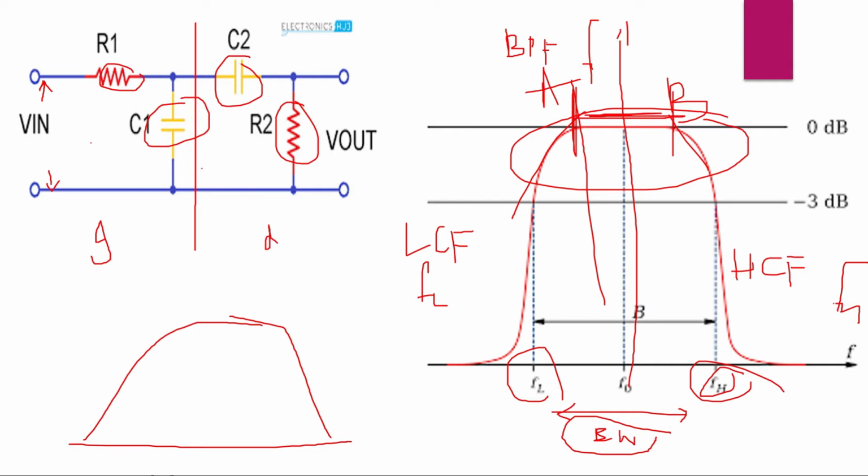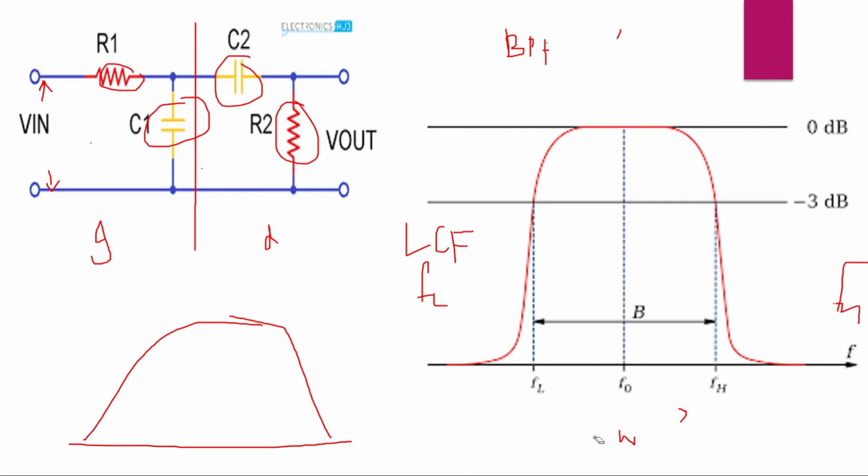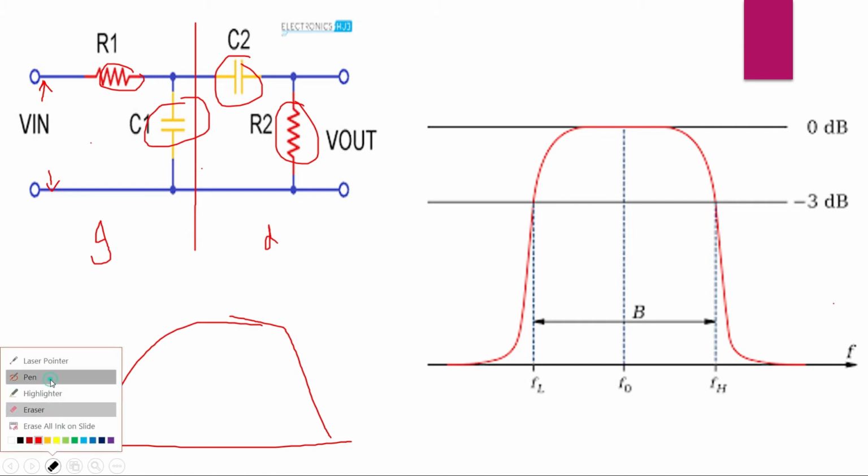In other words, it can accept signals within the range of FL to FH. It will reject the signals which are less than FL, and reject the signals which are greater than FH. Correct, right? So it will pass only the signals present in between FL and FH.